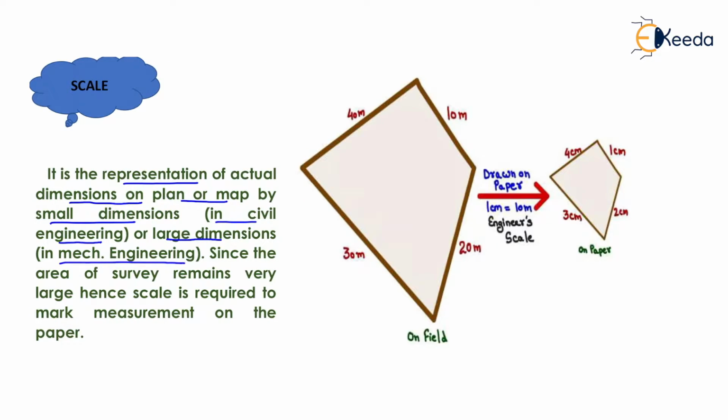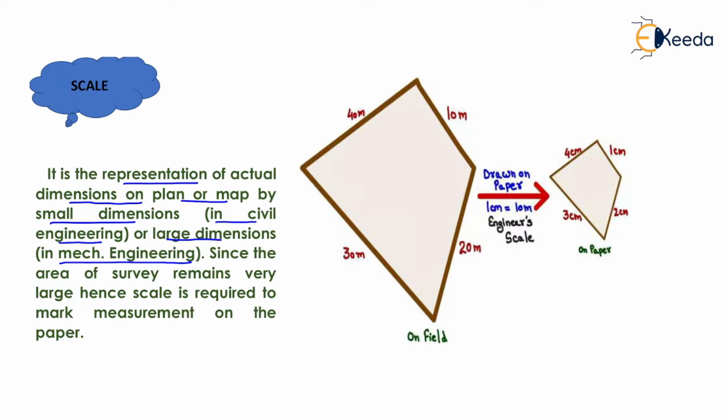in mechanical engineering, because civil structures are very big. Now if we plot the length of the civil structure, then it will be very high. Now if we want to plot that in our sheet, then the length is very large, so we will not be able to mark that length in our sheet. So we have to use a scale, that is reducing scale, so that we can mark the dimension easily on